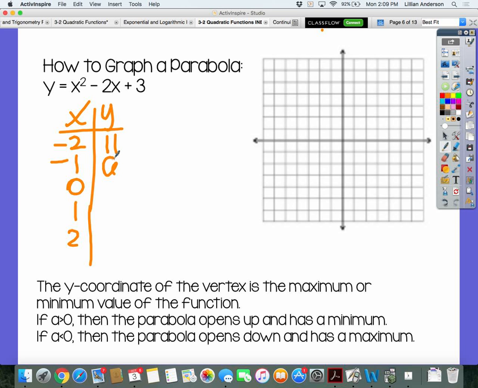I think I can graph that. Negative 1, 6. We plug in 0, which you already know automatically, 3. It is our y-intercept. We plug in 0 for x, we get 3 for y. When we plug in positive 1, we get 6. Sure? Gotta be careful. Negative 2 or positive 2? Positive 2. And when I plug in 2,